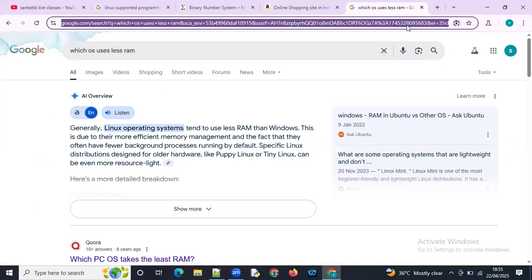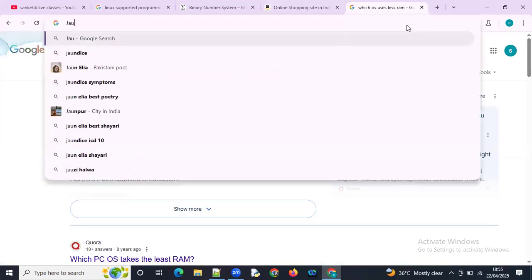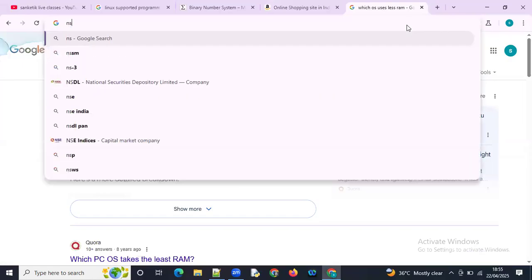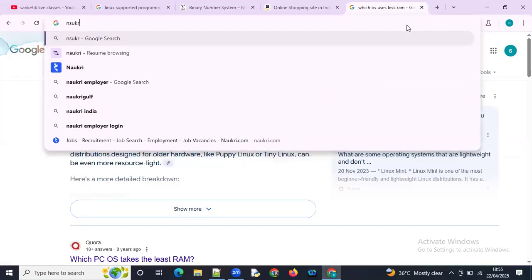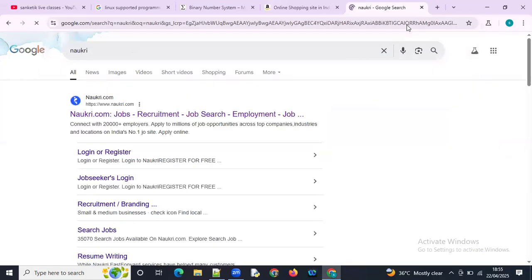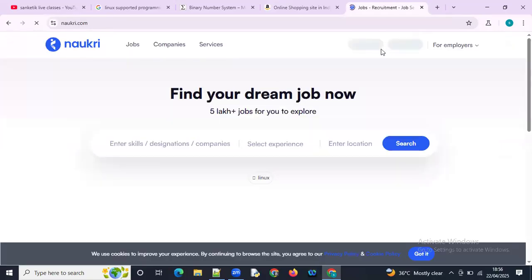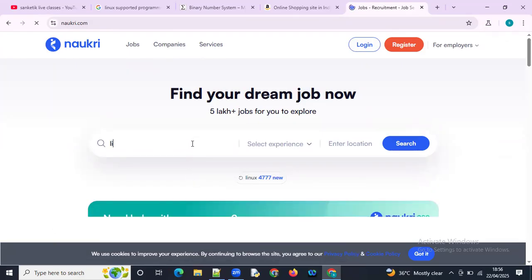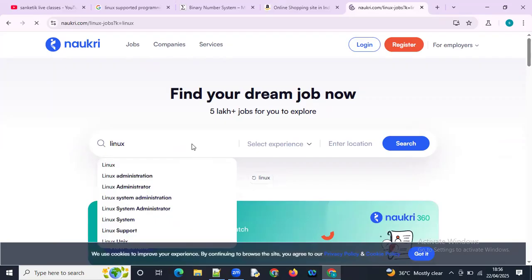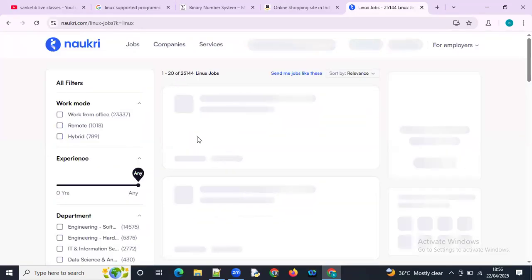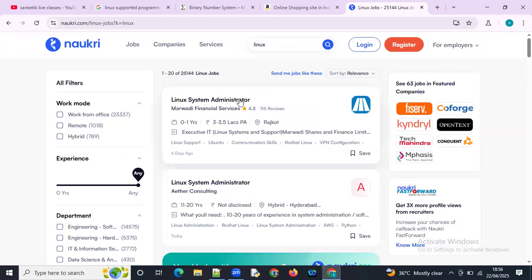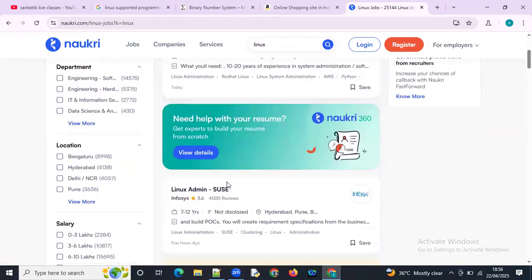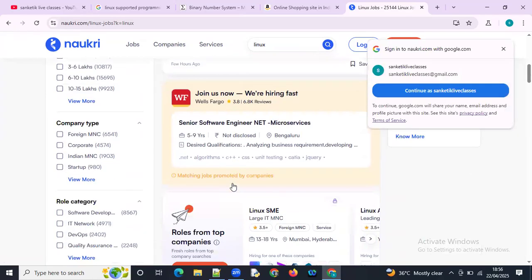So I'm going to open one job portal, Naukri. See here, search for Linux. The first job is system administration, the second also system administration, the third also administration.